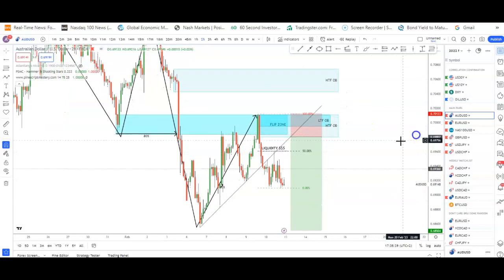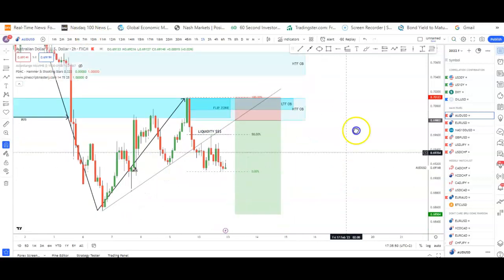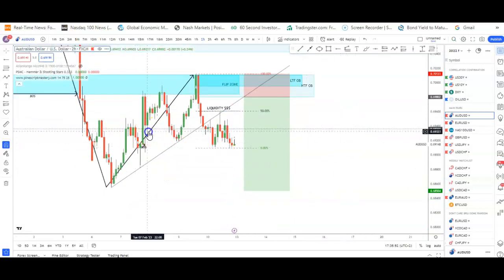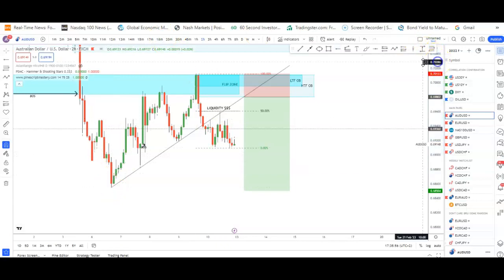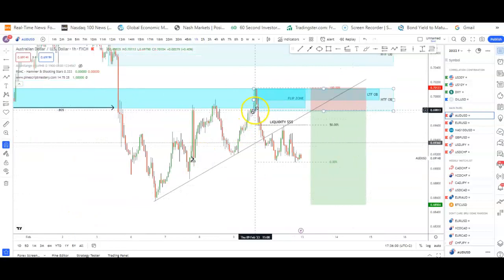the sells. Let me just check the COT reports. AUD weak, dollar is stronger than AUD, so it pushed down. Does look good. Let me just delete this. This is a mess. Okay, let's go down to the 1 hour. Okay, so this supply over here,